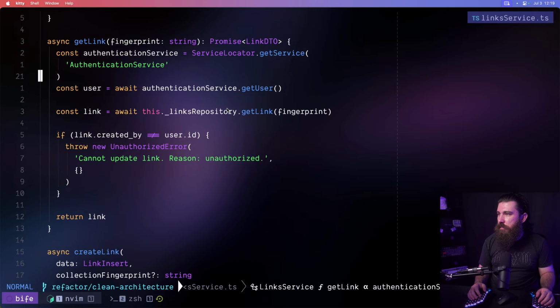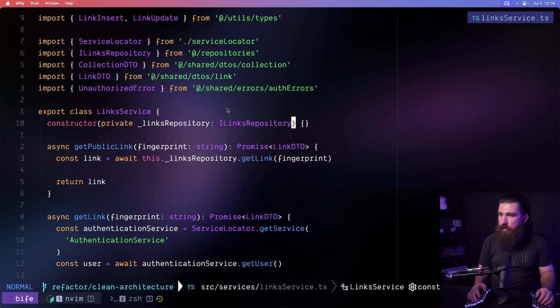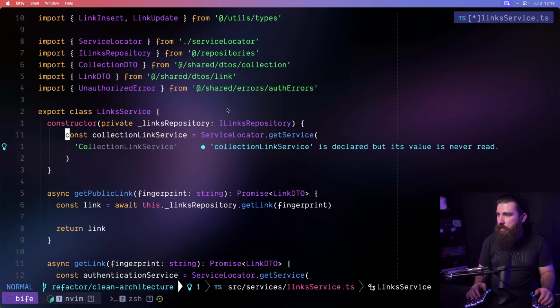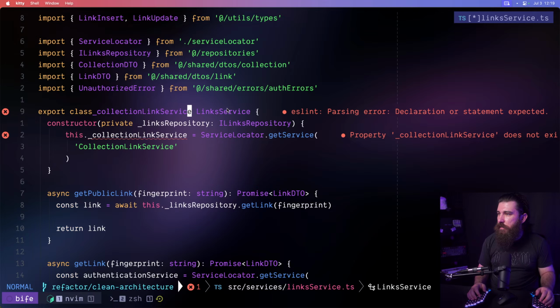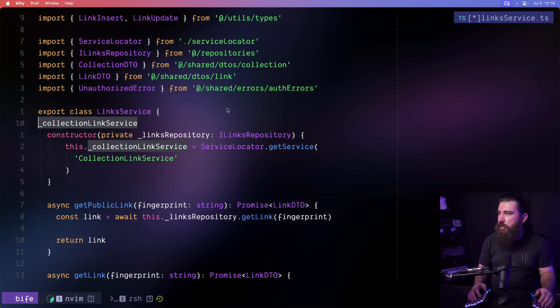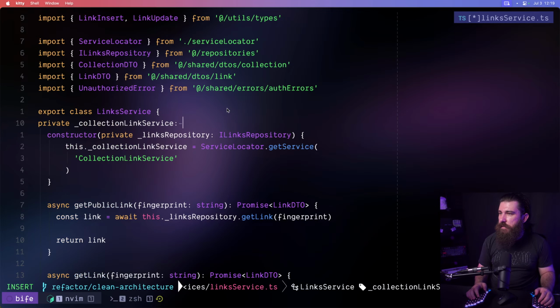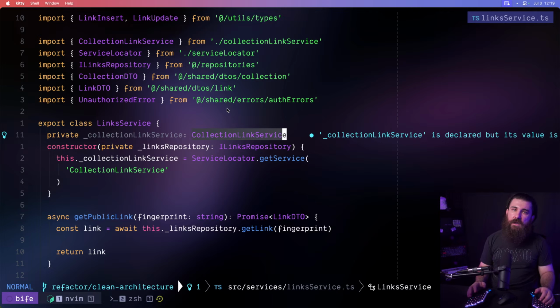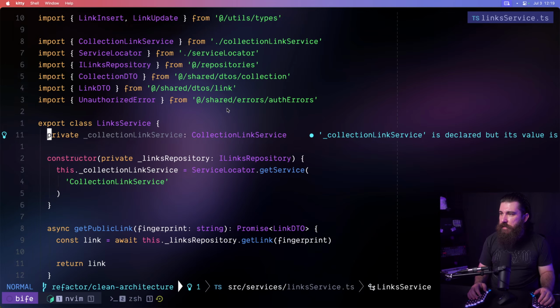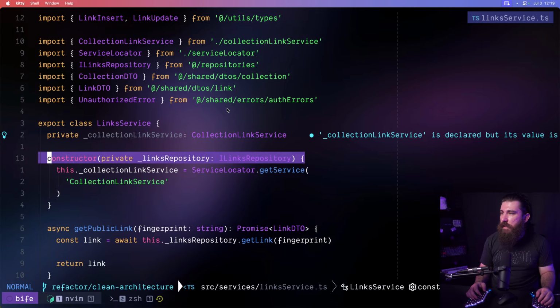So we need to create, right here inside of this, this.collectionLinkService. I'm going to say that private is going to be a collection link service. There we go. This is how we set up the services. In the constructors, we also instantiated all the other ones. And the service locator